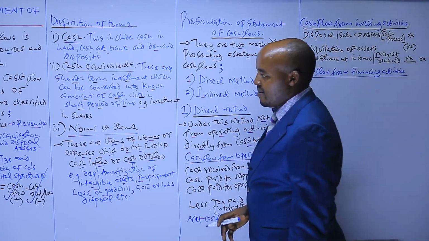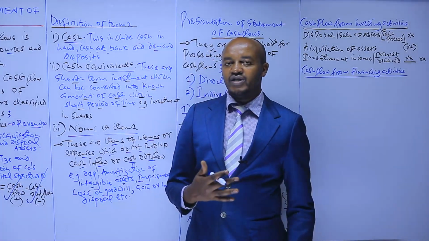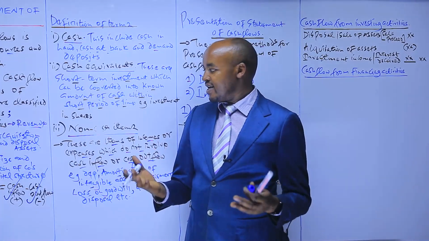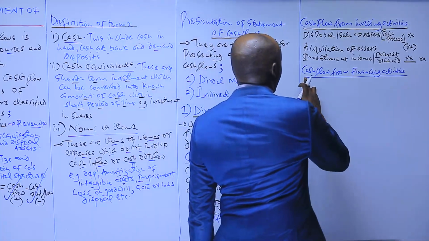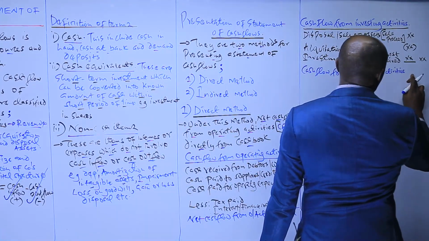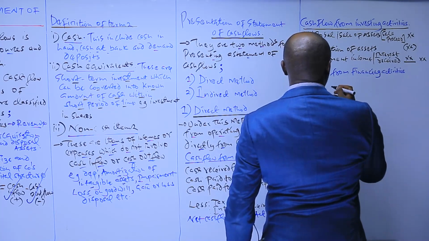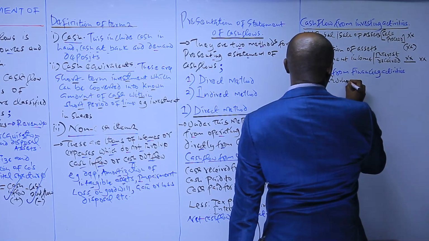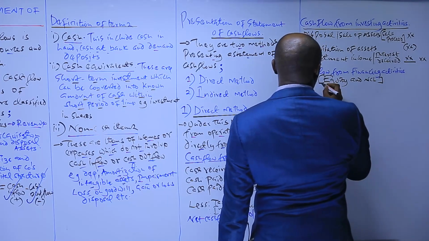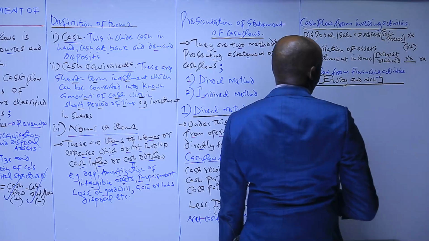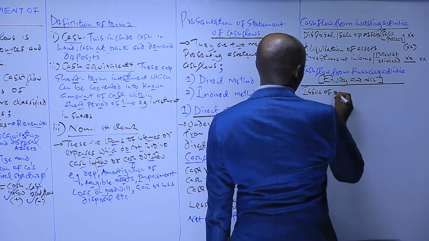Equally, remember what you have said, that financing activities are those particular activities which affect the size and composition of the company's capital structure. In fact, all the items which we take into account here in determining the net cash flow from financing activities, all of them we get from the equity and non-current liabilities section of the statement of financial position. So what we consider here include things like issue of shares,